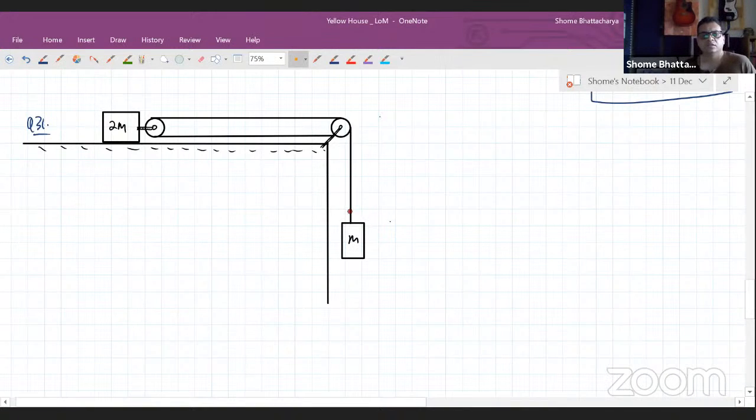So you can see that there will be some uniform tension acting like this through the thread. Now you can also see that there's a constraint situation here. What is happening is that if this block moves by a certain distance,